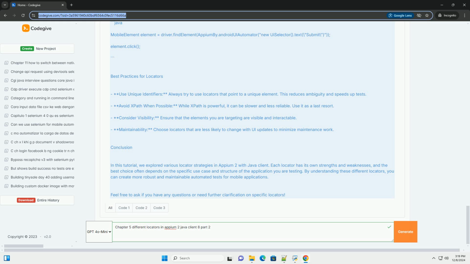### 3. XPath. XPath is a powerful and flexible way to locate elements, especially if the structure of the UI is complex. However, it can be slower compared to other locators. Code example, Java: MobileElement element = driver.findElement(AppiumBy.xpath("//android.widget.Button[@text='Submit']")); element.click();